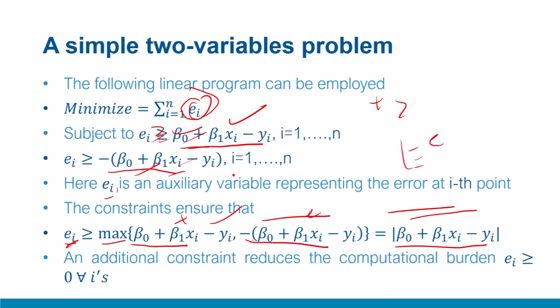Now, the problem is a little heavy and complex. It can be further simplified a lot by putting one additional constraint that EI should be greater than or equal to 0. This means that EIs are taken to be positive only. So all the negative EIs will be eliminated, and effectively the computation will be much simpler. From the consideration set where optimization goes on, the negative EIs will be eliminated because the solution cannot be negative, since we are using magnitudes.